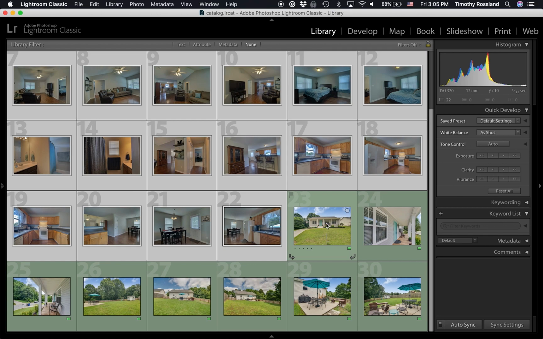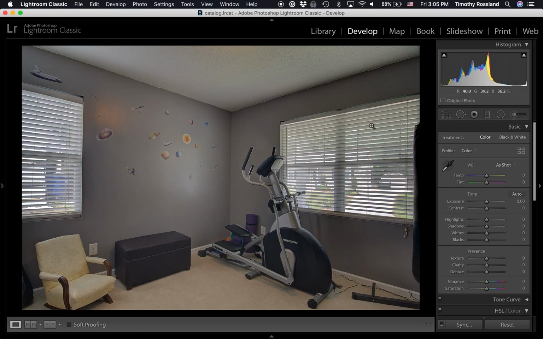So these are all unprocessed straight from Photomatix. The interiors, your exteriors, you'll take them straight from your downloads folder. When you download them from Photomatix, just throw them in the Photomatix folder for each house, and then I edit those separately. So for the interiors, what adjustments I usually do to all of them are,